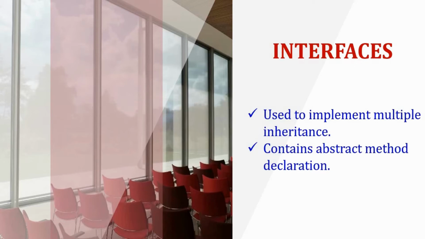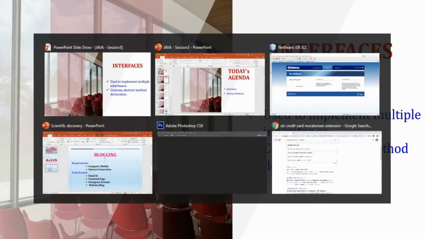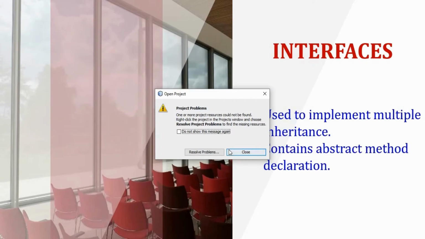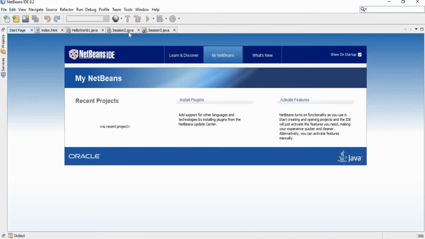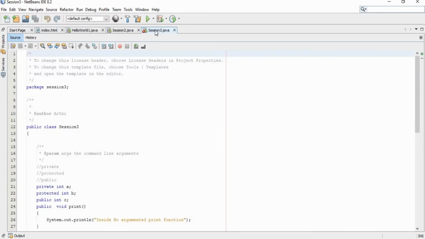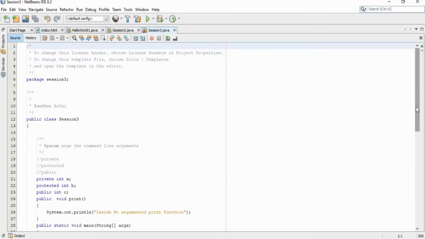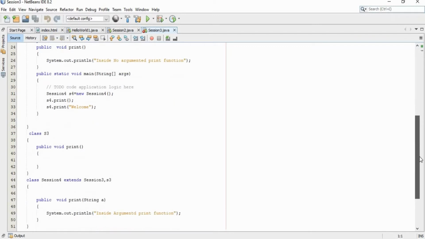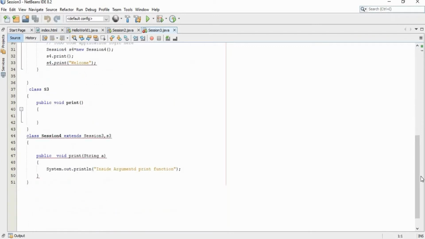Let's learn the syntax of an interface and how to implement multiple inheritance using interfaces. For that, open NetBeans. Create a new file, or we can continue with the previous program itself. In that we have created examples of single inheritance, multi-level inheritance, and finally a prototype of multiple inheritance.